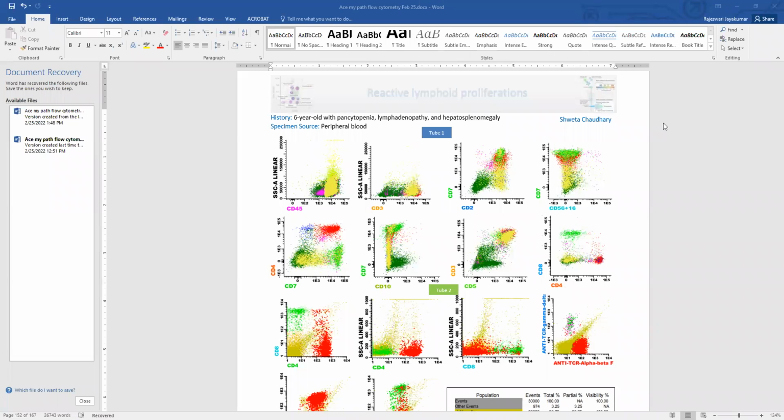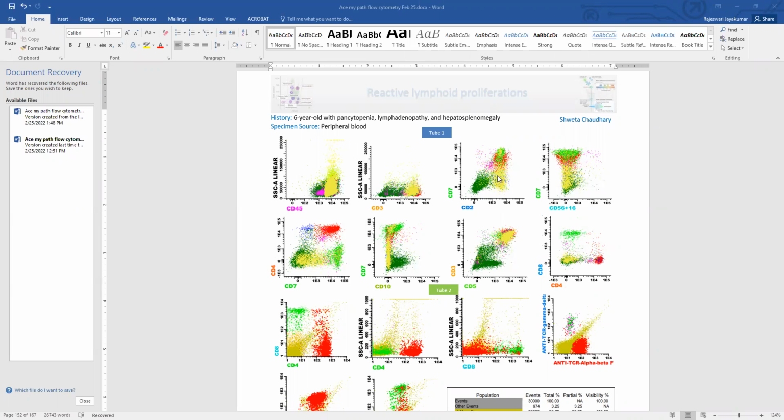Hello, everyone. We are now going to go over the peripheral blood flow cytometry from a 6-year-old boy with pancytopenia, lymphadenopathy, and hepatosplenomegaly. So we are starting with the T cell tube, and let's start with CD45 versus side scatter. We see a large population of lymphocytes here,